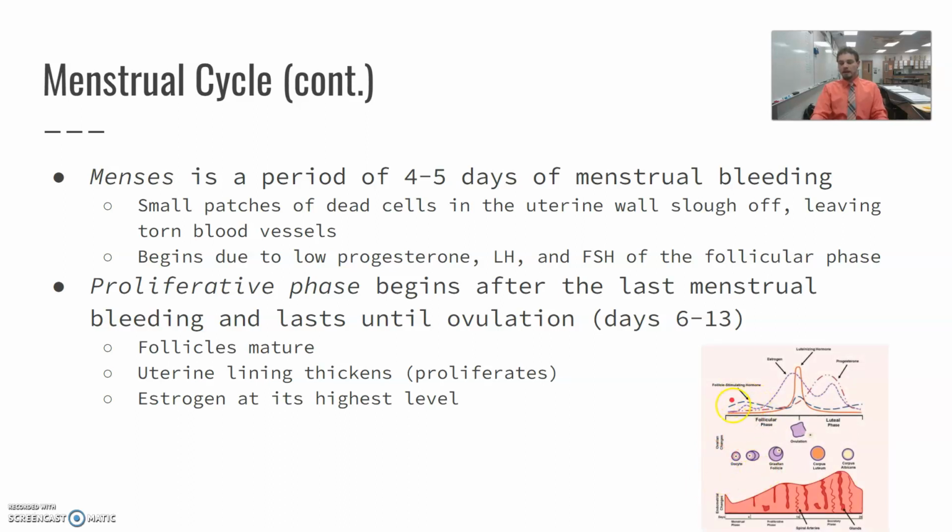Here you can see the different hormones. So we have talked about these. You have FSH levels leading up to ovulation here on day 14. You have luteinizing hormone spiking at day 14. That's going to cause ovulation, as well as the spike in estrogen just before ovulation. And then after ovulation takes place, progesterone is going to increase in hopes to be able to hold on to